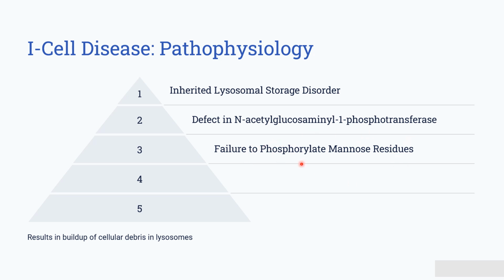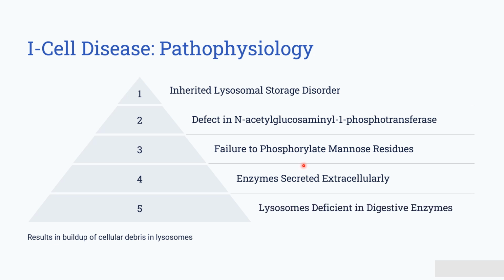Since it does not phosphorylate the mannose residues, that enzyme is not directed to the lysosome. Instead, those enzymes are secreted extracellularly. So the lysosomes become deficient in digestive enzymes. Actually, lysosomes should contain an adequate amount of digestive enzymes so that they digest all the unwanted particles which they have